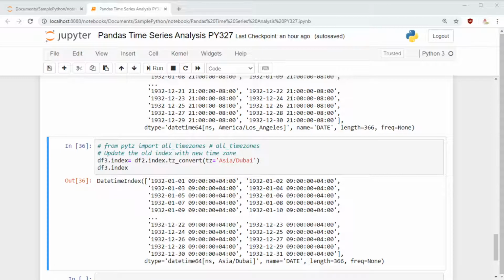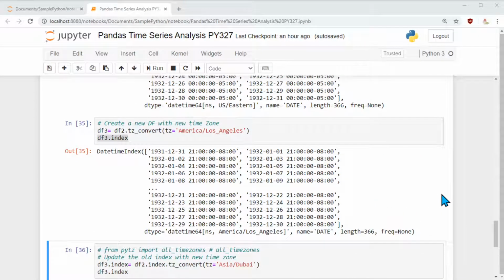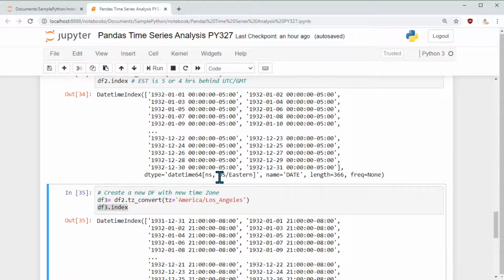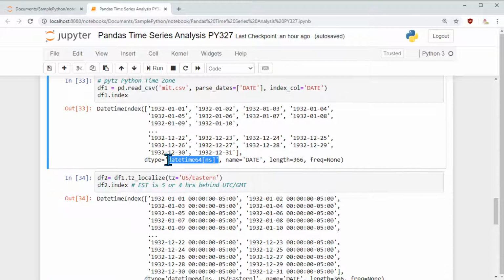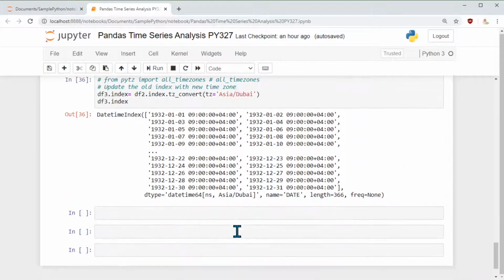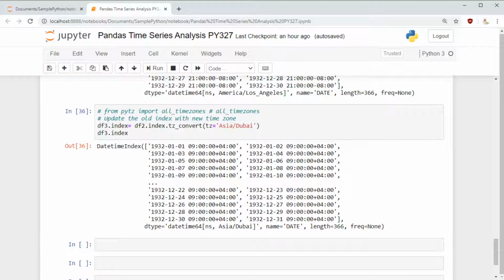So we have updated, so we were able to change time a few times, and also we were able to localize it, and that's for the first time when we don't have any time details. When the time is not given, you can specify it as localized. So if you notice, after I have set the time, here we see America, Los Angeles, US, Eastern, but here there is no time information on the index. So you want to always validate whether you have the time available before you do any other changes to that.